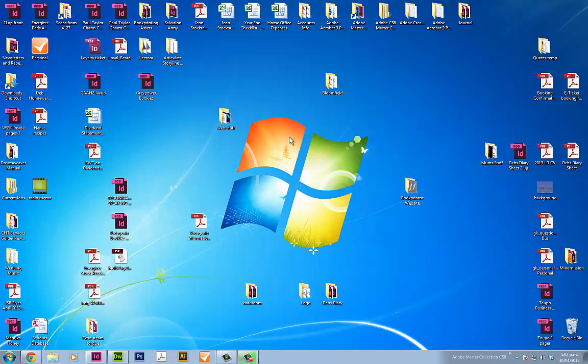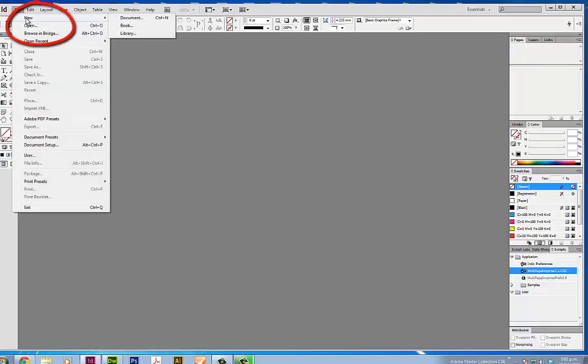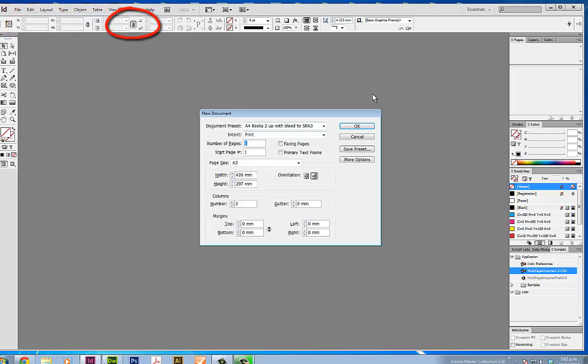Okay, so now we're going to have a look at how to set up your pages and margins using Adobe InDesign. So we'll open the design program, we'll go up to the file menu and we want to set up a new document. We choose the size that we want for our book. Say we're going to have an A4 book,